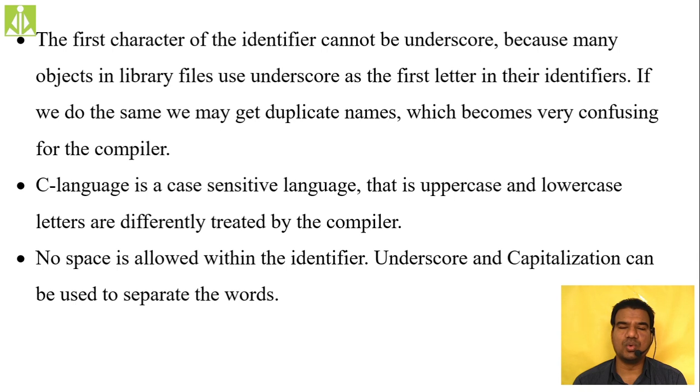And the second rule, your C language is case sensitive. Uppercase and lowercase letters are different. Okay, and the third one, no space is allowed in the identifier name. You're not supposed to give any space. Rather, what you can do, you can give the underscore, or you can use the capitalization concept. All these things we discussed in our previous session, so once again I'm not repeating that one over here. So these three are our programming practices. Even if you violate these programming practices, your compiler will not generate any error. Rather, it will do the modification to your code accordingly.